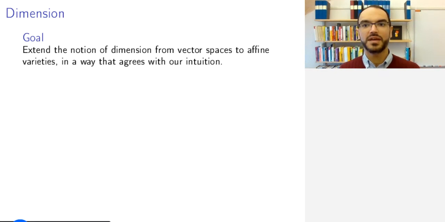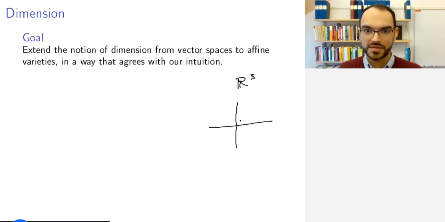So one way to think about the dimension of a vector space is as follows. Let us work over the real numbers. If we want the dimension of R3, that's of course supposed to be 3. And so we have this three-dimensional space. But what does it finally mean? Well, one way to see it is the following. The smallest possible subspace in R3 is the zero subspace. That is the point. The point sits inside